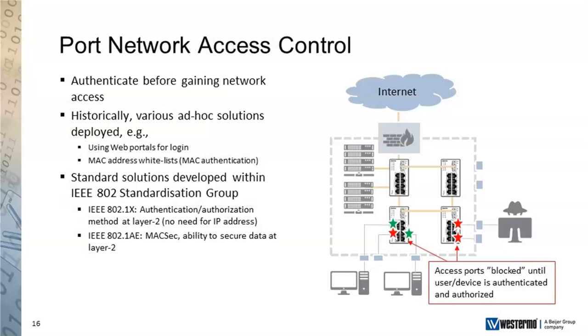Let's say you have wall sockets where someone could connect, but before gaining access to your infrastructure, your network, the devices or users should first authenticate themselves. Historically, there have been a lot of different inventive solutions, for example, based on web portals for login. So you have some kind of limited access. You could access a web portal, fill out your username and password,